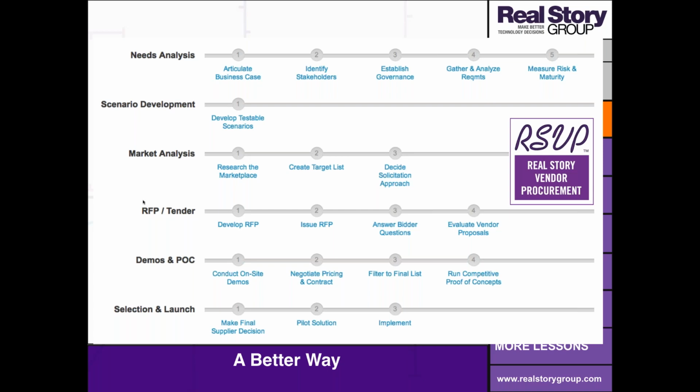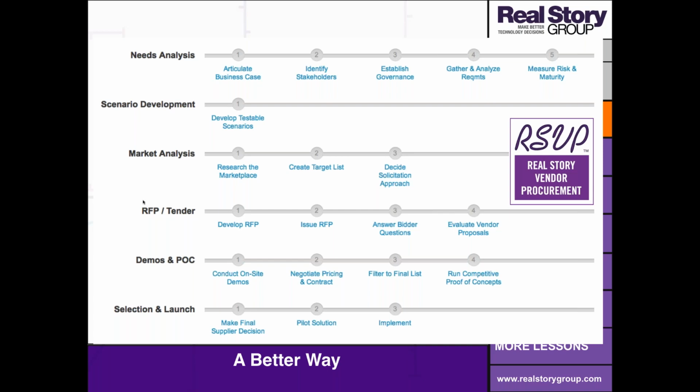In the last 16 years we've been doing this, we've tried to codify the ideal steps to a vendor procurement. We call this RSVP, or Real Story Vendor Procurement. It's a set of about 20 steps over 6 different phases. Not every organization does every one of these steps, but the best selections do most of them. And so we designed this to be agile in a way that you can skip some steps. You can shortcut steps in a variety of different areas,